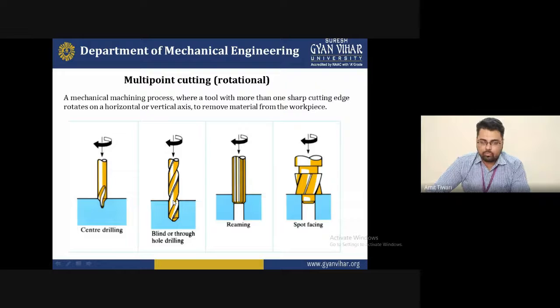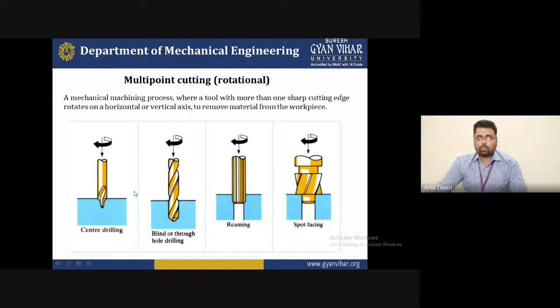With this type of tool, the blind or through-hole drill, you can drill continuously and do very long drilling operations. So for that special purpose, we select this type of tool. These are some advantages of each tool. The center drill is used for center drilling only.